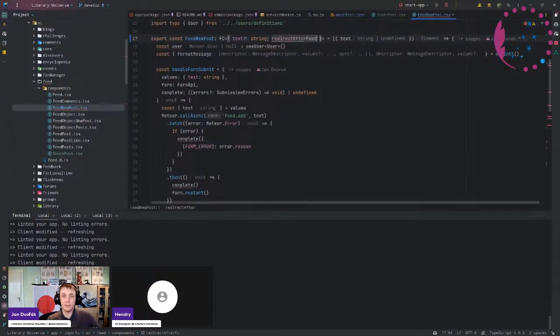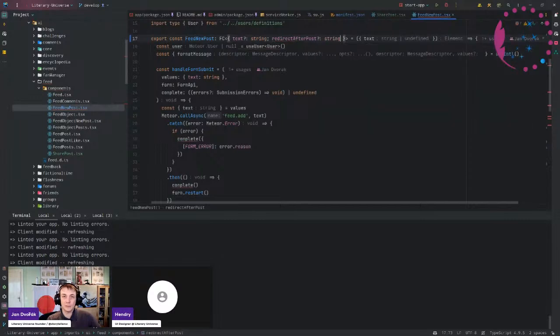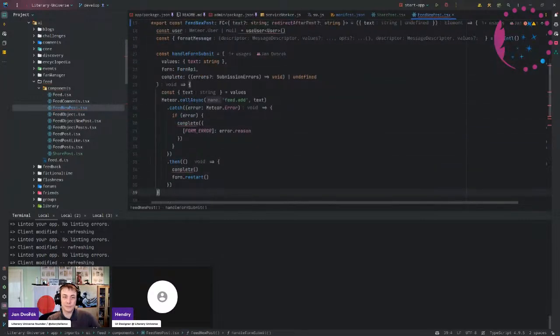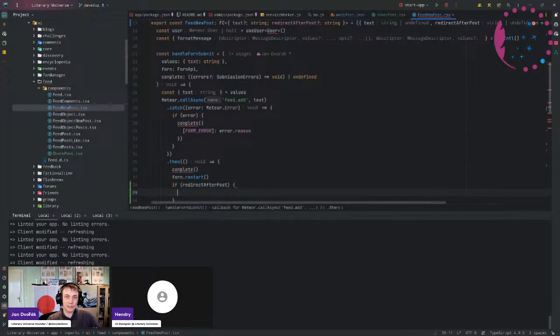Redirect after post. Let's do that. And if it is complete and we have the redirect after post set,